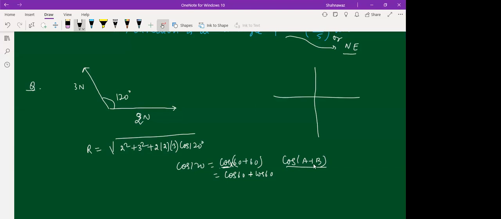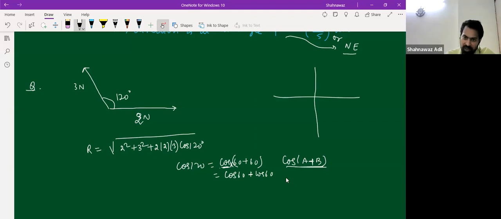Either you can apply this formula, cos A plus B is cos A into cos B minus sin A into sin B. Either you can apply this, but we know the trigonometric relation about